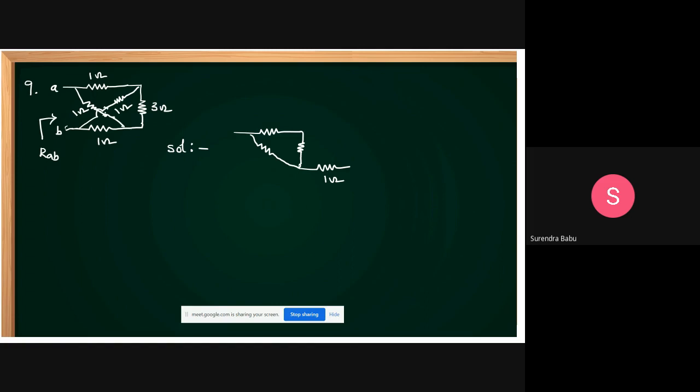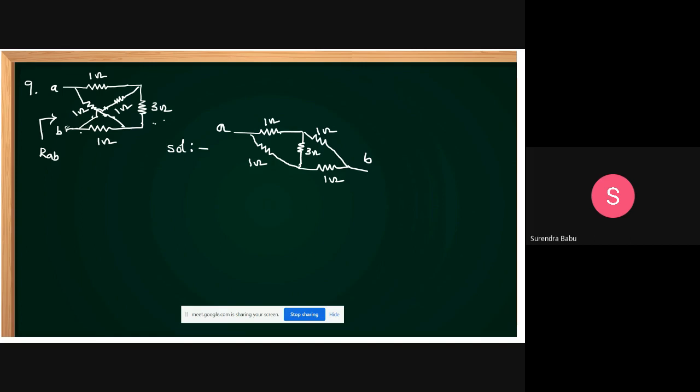ఈ రెండు వైర్స్ కి కనెక్షన్ లేదు. But simply we draw it like this. Okay, this is 1 ohm. This also 1 ohm. This also 1 ohm. Then a bridge is formed. This is A. This is B. Understand? Just bring this wire and draw it here. Bring this terminal to this side, the B terminal. Shift this B terminal to this side. We bring this wire and connect it here.